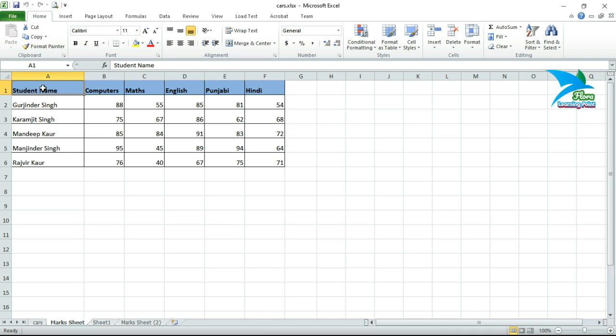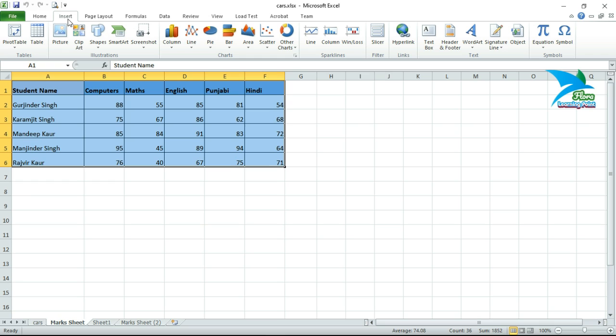First of all, you have to fill in the data, then select the complete records and click on the Insert option. Inside the Insert option we have a Charts group, and these are the various charts available. First we'll create a column chart.